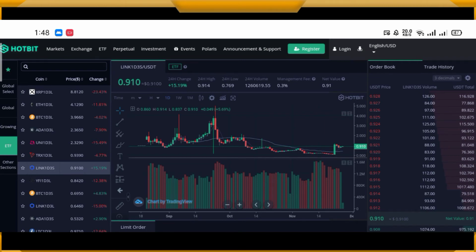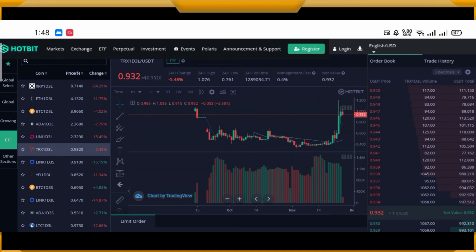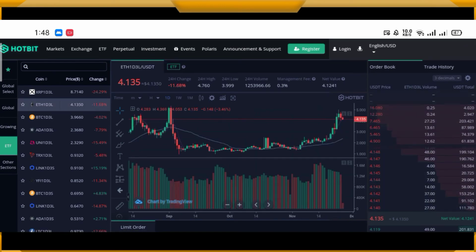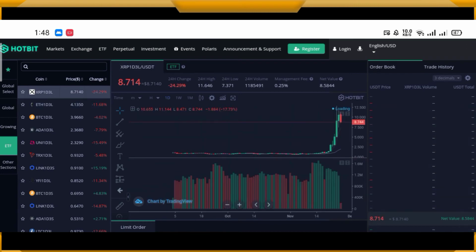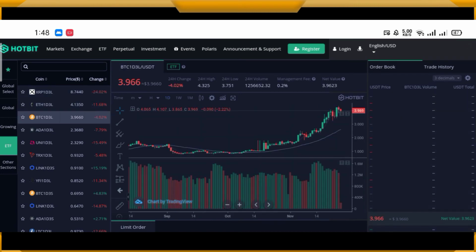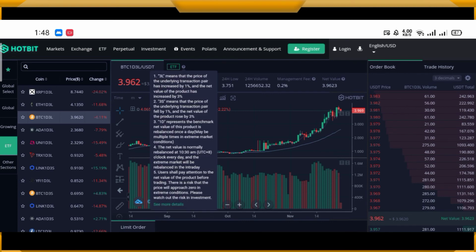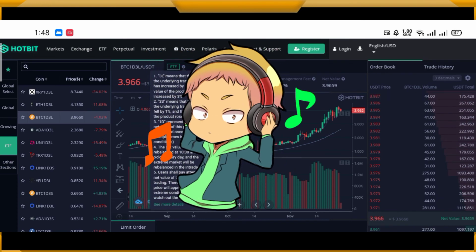These are essentially funds managed by a professional financial team. Simply, if you buy a token and its underlying token rises 1%, your product will rise 2% or 3%. And here is your main income. You will get more information about ETF in my description.